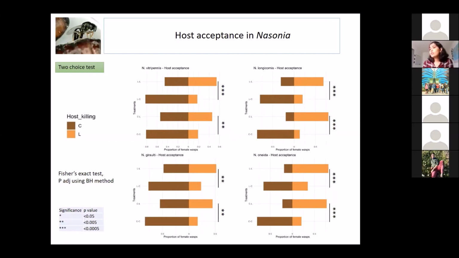Yeah. Then I did the same comparison for the trait host acceptance, based on how many of them killed Calliphora and how many of them killed Lucilia. Here you could see an even stronger effect, that the difference between these 2 treatments that differ in their prior experience shows a significant effect. And another thing I would like to mention here is that I only took the data set where they showed a clear preference, meaning that there were also some samples where they showed the behavior on both. Since I couldn't interpret anything from that, I excluded that, and here I only show the ones that show behavior either on Calliphora or Lucilia.